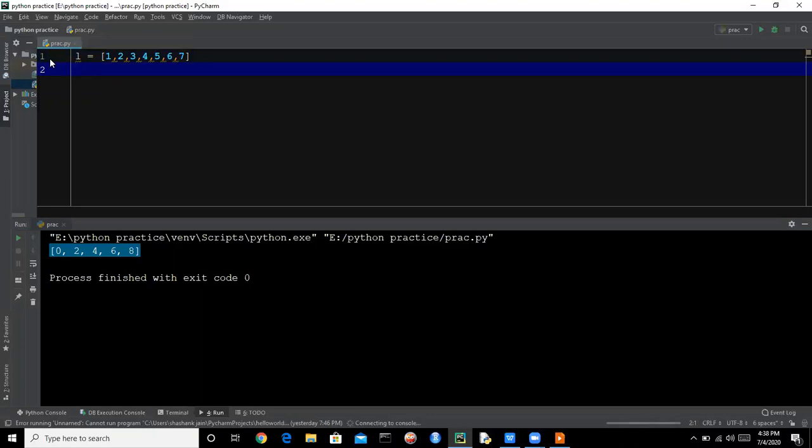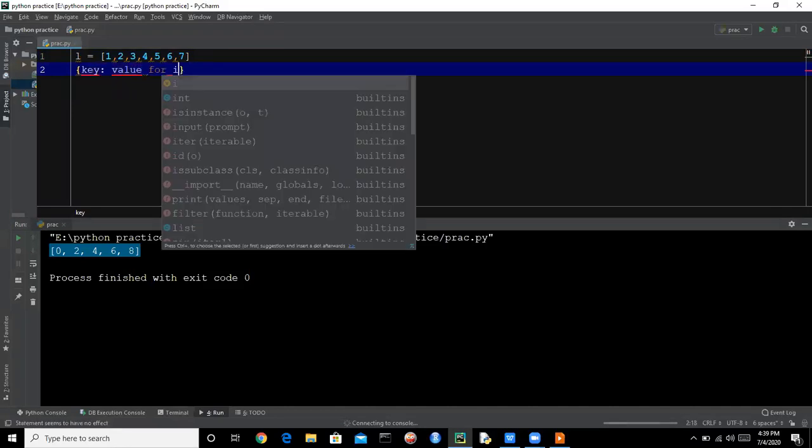For doing dictionary comprehensions, we will use this type of statement or code. We will say key value. We know that we have key value pairs in a dictionary, so this is how we save our key and value in the dictionary, and we will loop through the list.